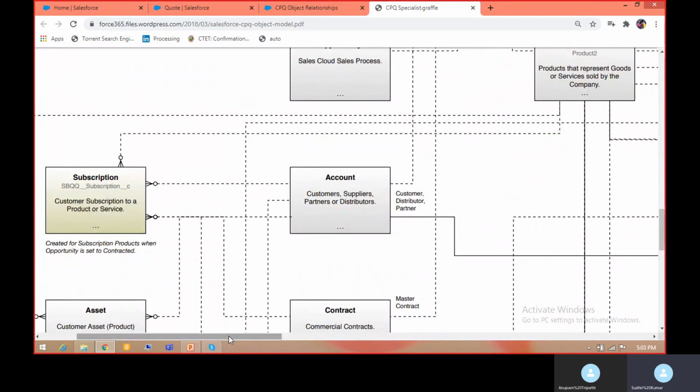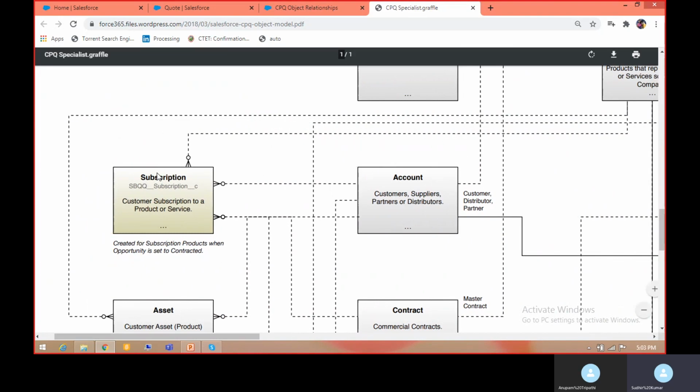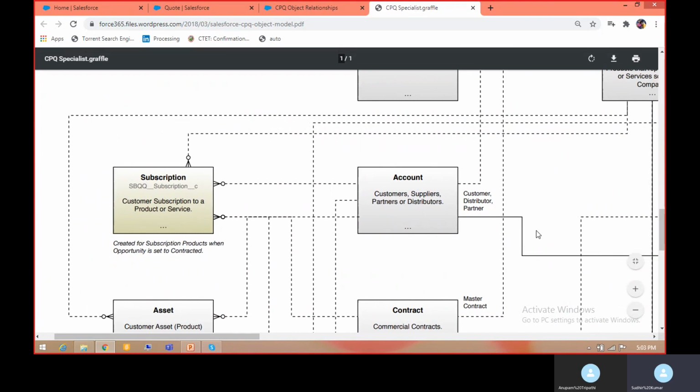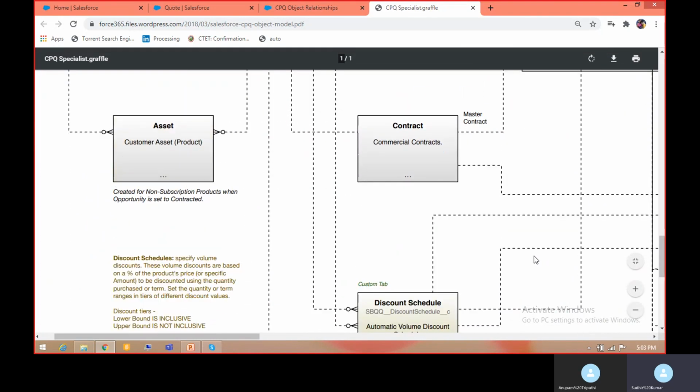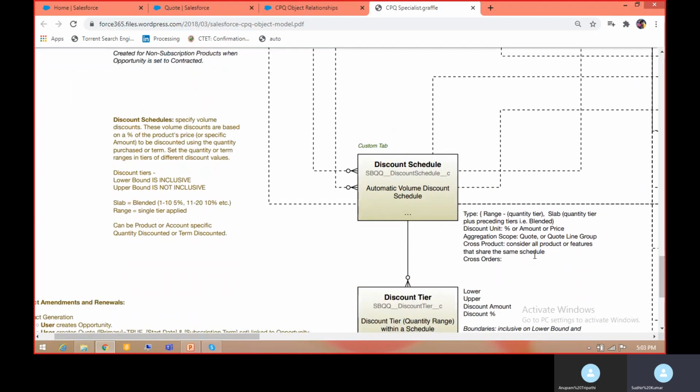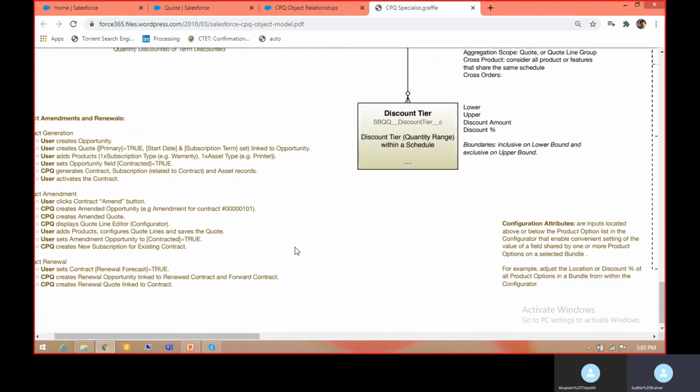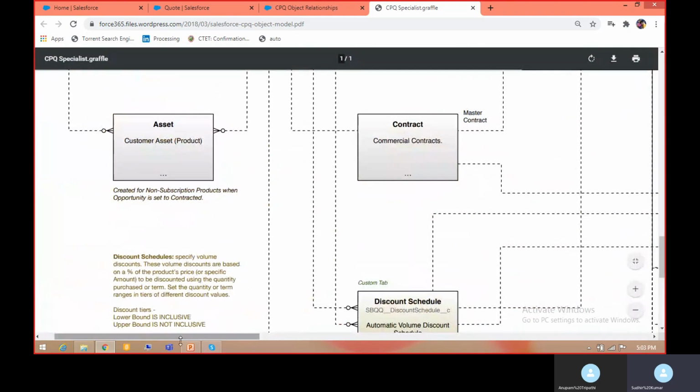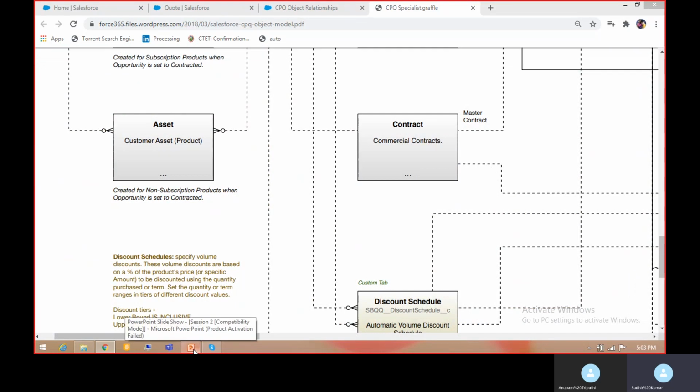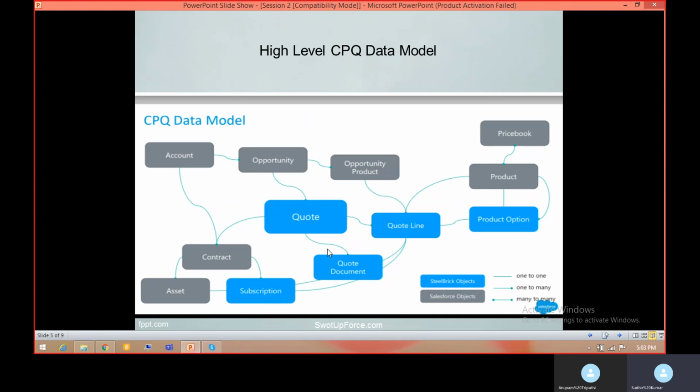Before moving to those sessions, we will discuss this object relationship diagram and understand the relationships between the objects. Let's move to another slide. I hope you will go through all these documents and follow our next sessions for better understanding.